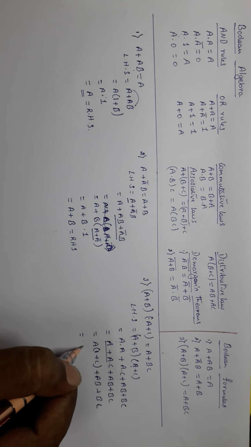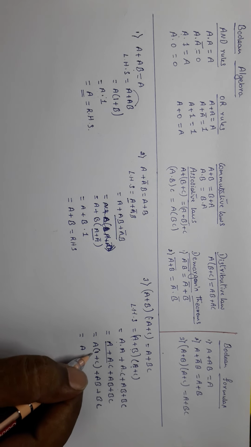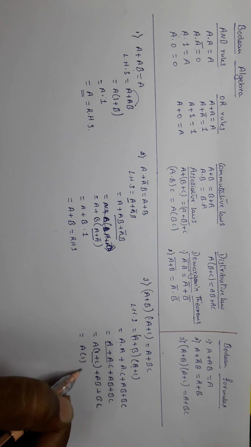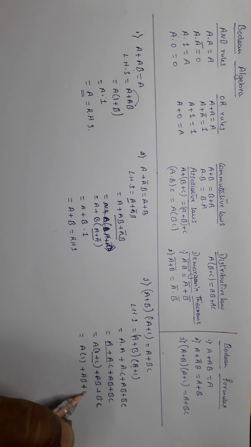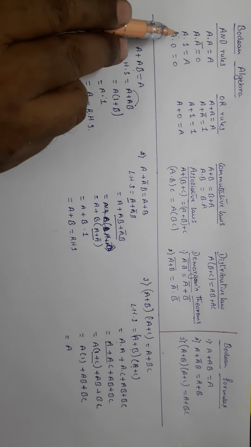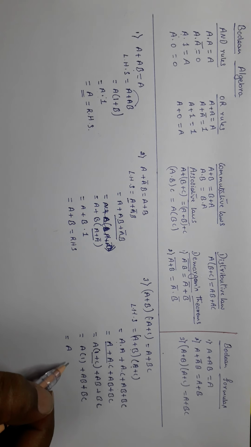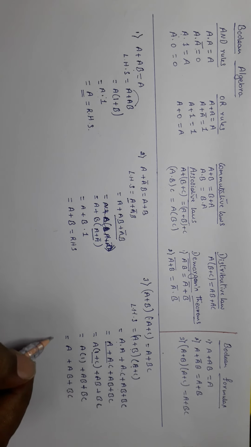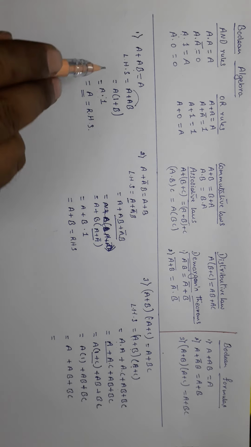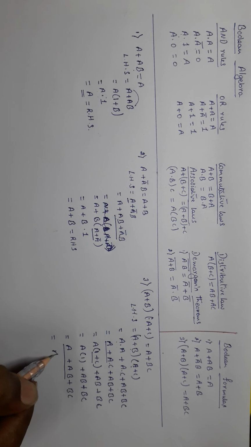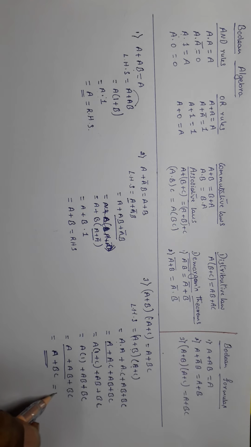So that's equals a(1 + c), 1 + a equals 1. The same thing, (1 + c) equals (1 + ab + bc). That's equals a·1 equals a, by using these rules, and rule, plus ab plus bc. We know the first formula we have proved, a + ab equals a. The same thing, a + ab equals, we can write a + bc. That's equals RHS.